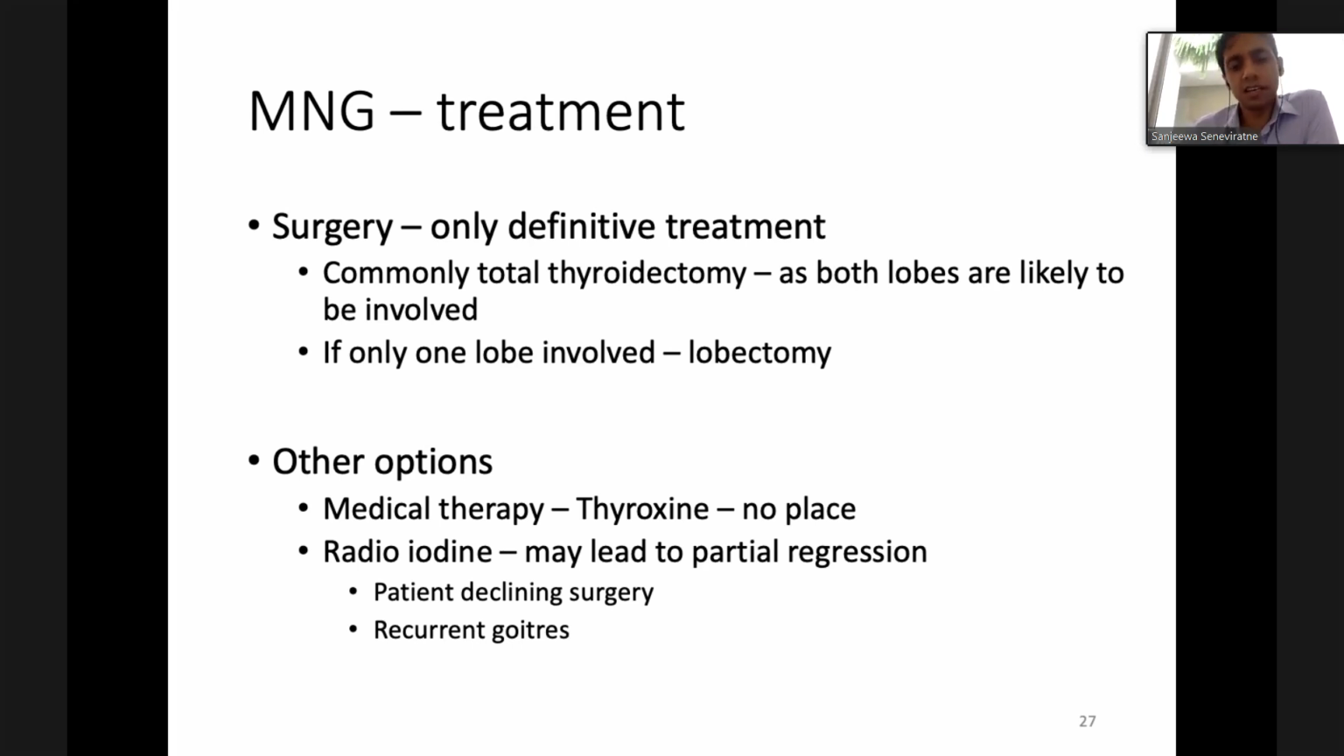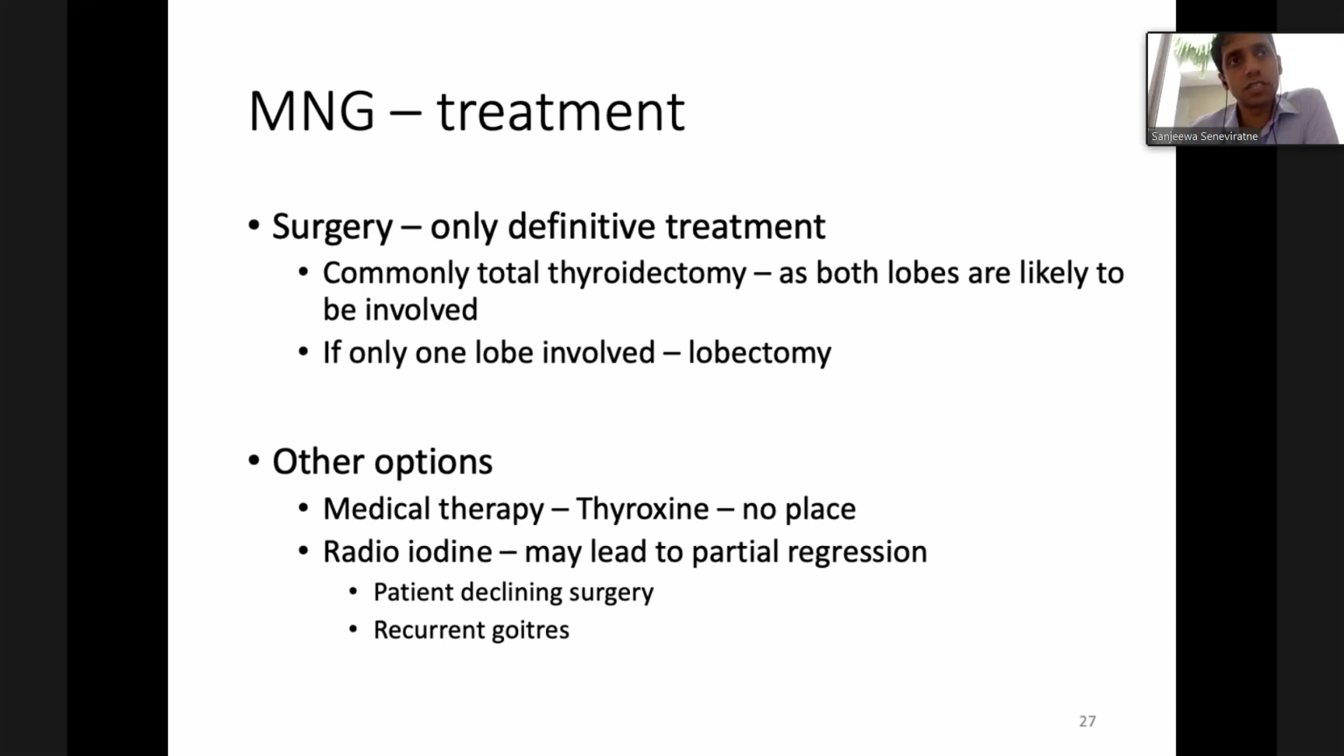Radioiodine, okay, it may, remember the word may, not always, may lead to partial regression. So we may offer radioactive iodine for a patient who doesn't want to undergo surgery with a large or symptomatic multinodular goiter, or patients with recurrent goiters after previous operations where the risk of damage to the recurrent laryngeal nerve